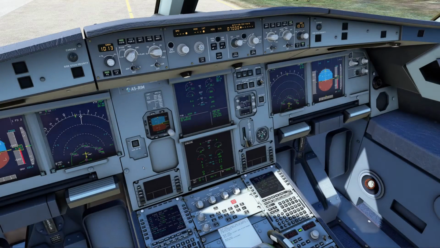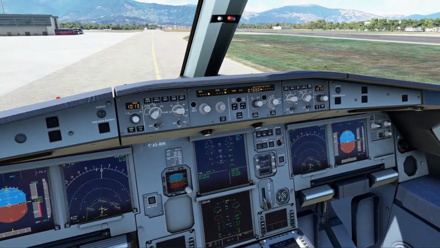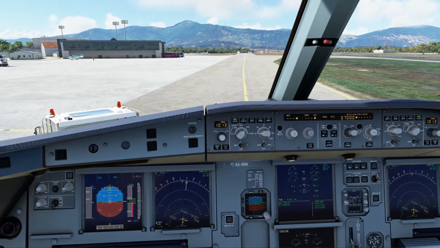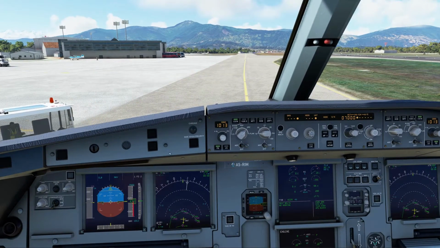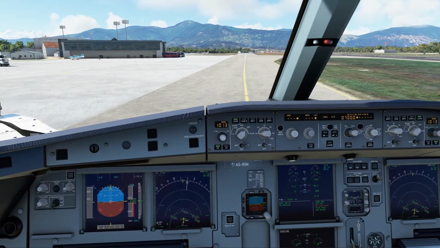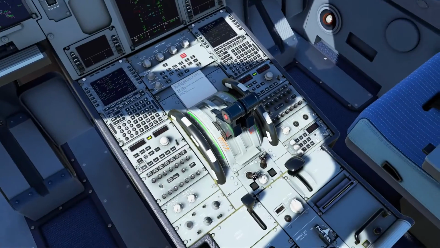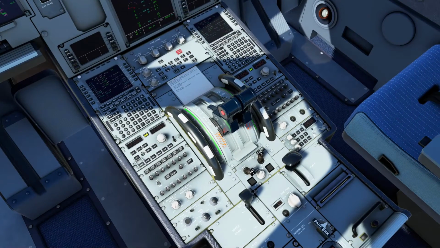Takes some practice to get used to putting the aircraft bang on the line. Both rear wheels centered nicely. You can see here it's not as I wanted it, but you can always connect the tug and bring it forward and get it lined up as you wish. Okay, so that's done. Our parking brake is set.